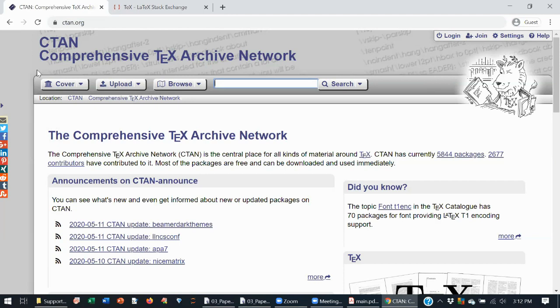So if you use any new package in your LaTeX and you compile, what MiKTeX does, that is a background software, is take the package from the CTAN network, install it in your system, and compile. You can see there are 5,844 packages available for LaTeX. That's why LaTeX doesn't have any single specific documentation. Okay, we'll search for this geometry package.